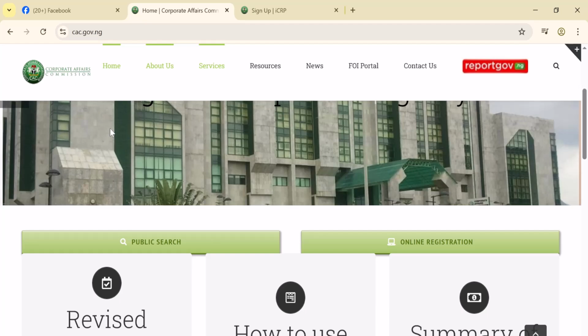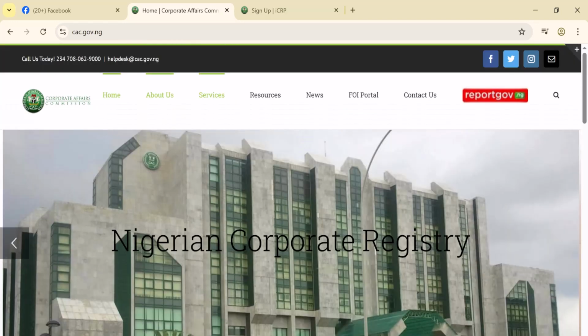So let me show you how to register a business in Nigeria, and you can do this yourself from the comfort of your home. The first thing you need to do is go to Google and search for Corporate Affairs Commission, or you can just type CAC there and it's going to bring you to this site. So this is the site here. You can alternatively just open your browser and search for this website,